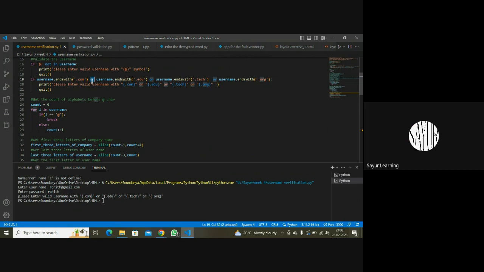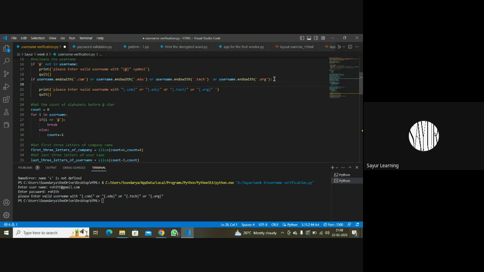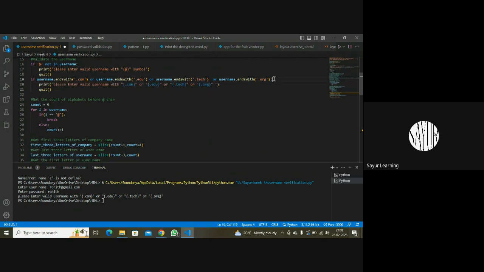You have to think. எதனா ஒண்ணு இருந்ததுன்னா, okay, if you have either .com or .edu or something, then you want to continue with the program, right? But in his case, if it is not there, he wants to end the program. All you changed in his code is that earlier, the code had .com in username. And the problem with that was .com can be anywhere. So now you are changing that to ends with. That's it. Everything else remains the same. You just changed how to check for .com in a different way. You're not changing the complete logic of the if statement.